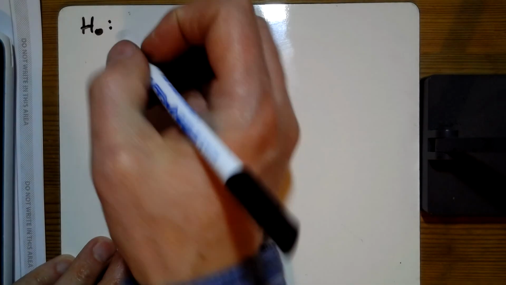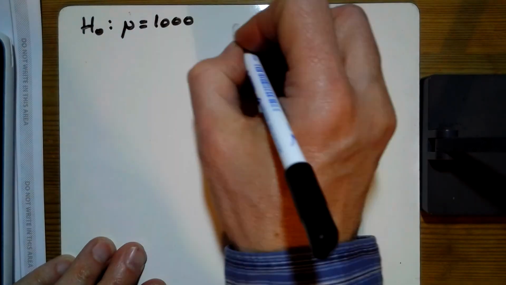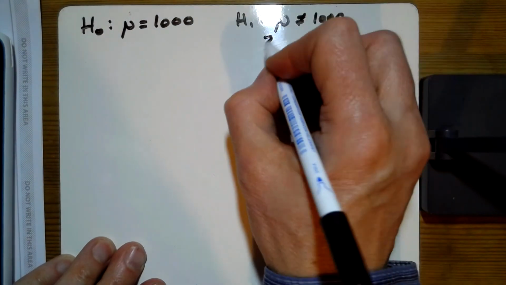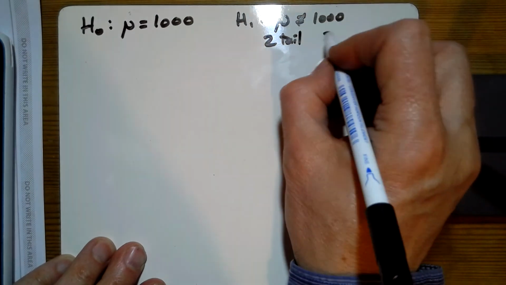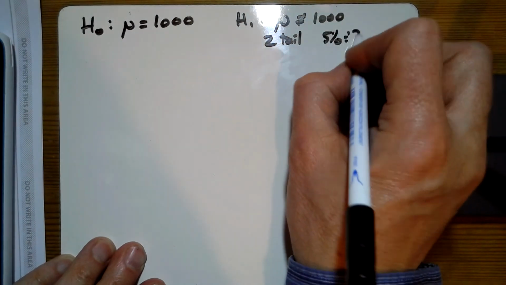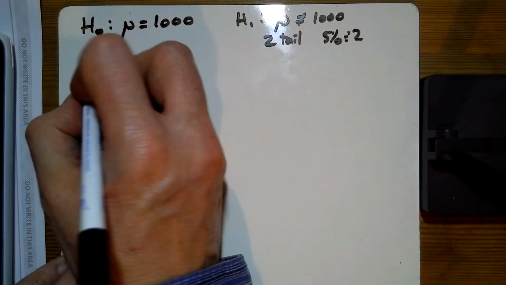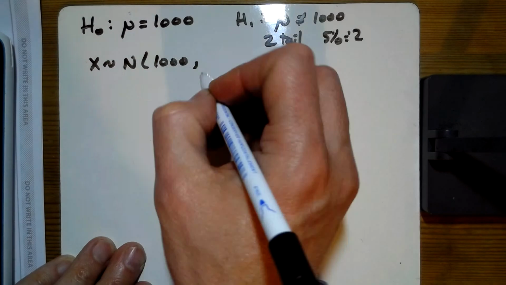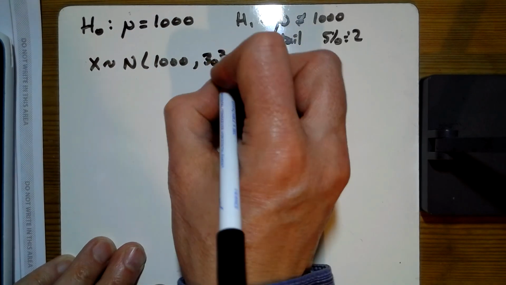So question 7, this seems to just start with the usual maths. Normal, isn't it? Mu doesn't equal 1,000, so it's a two-tailed test. 5% divided by 2 is 2.5% at each end. Under H0, X is a normal distribution with a mean of 1,000 and a standard deviation of 30, so 30